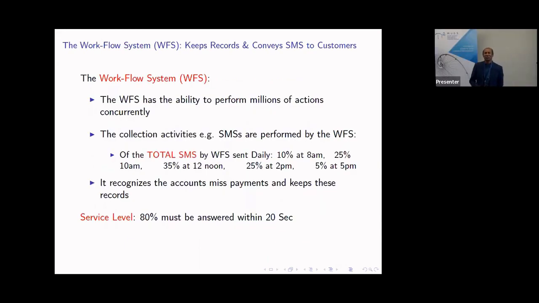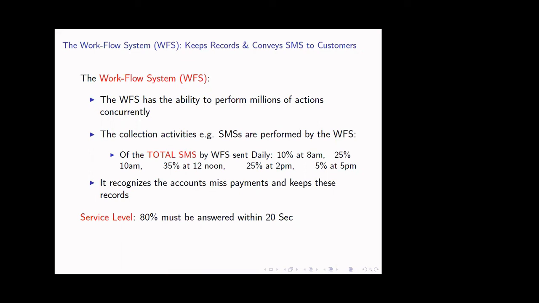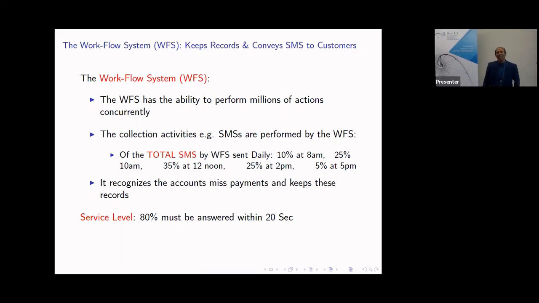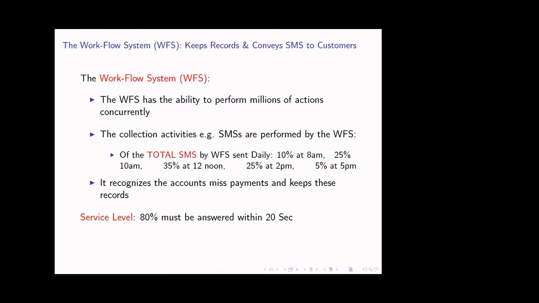Here it is. So you personally decide, say, 100 SMS you're sending, and then there is a very wonderful piece of equipment, they call it a workflow system. You program it. So whatever the amount that you're sending, 10% will be sent at 8 o'clock, 25% will be sent at 10 o'clock, 35% will be sent at 12, and so on. And that is set in the beginning, and it will be done automatically by the workflow system. Okay, but could you not include that in your optimization routine to try and improve the efficiency further? No, well, it may be possible, but we didn't look at it.